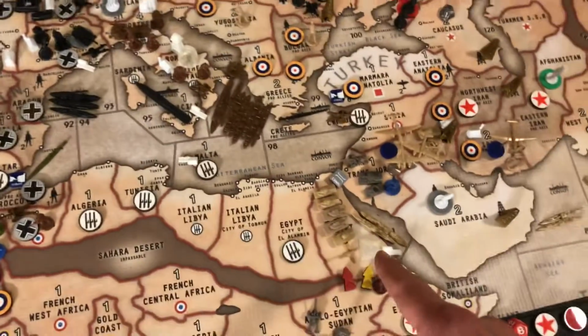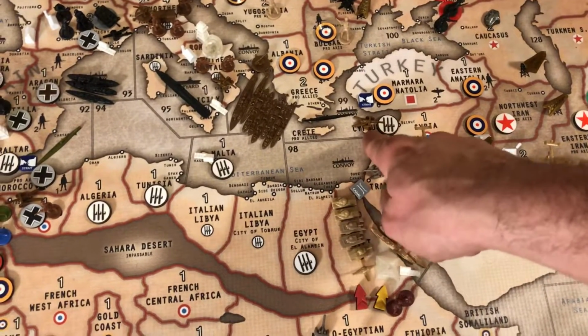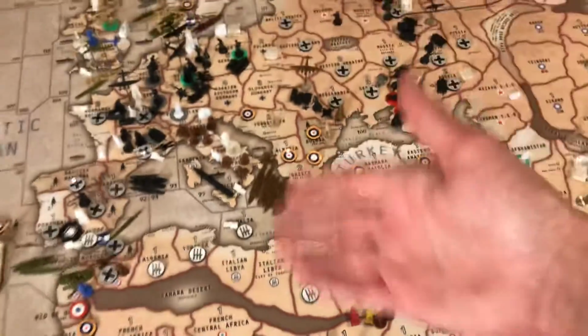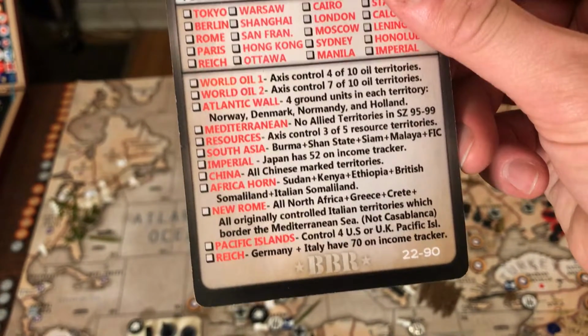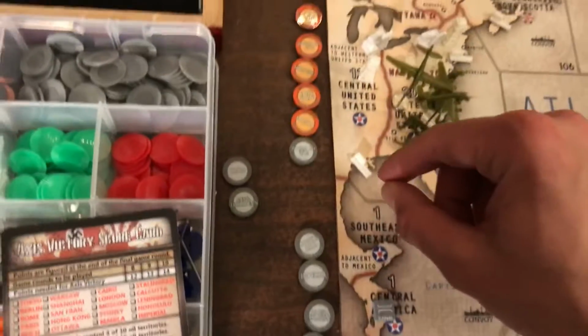Italy chose not to invade Cairo, not to continue the tit for tat, but instead invaded Cyprus and knocked out a tactical and a fighter on Cyprus. And now he has the... Is it the New Rome or the Mediterranean? It's the New Rome. Oh, no, it is the Mediterranean one. I always mix those two up. So he has